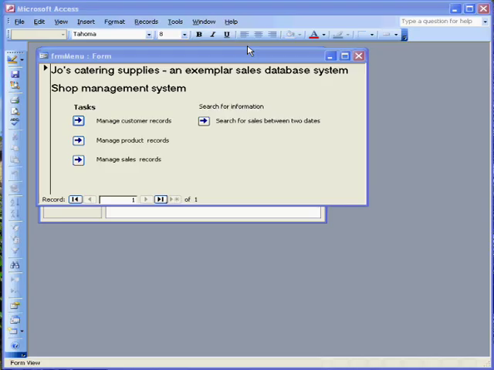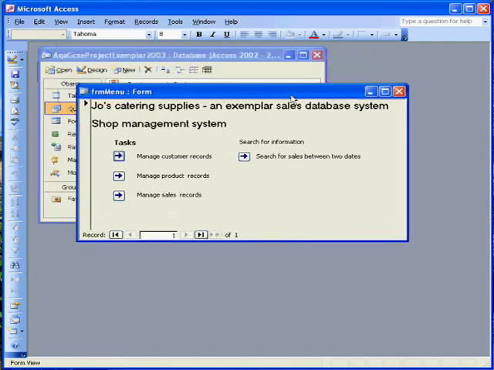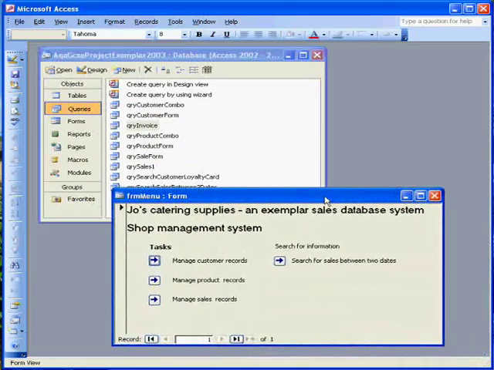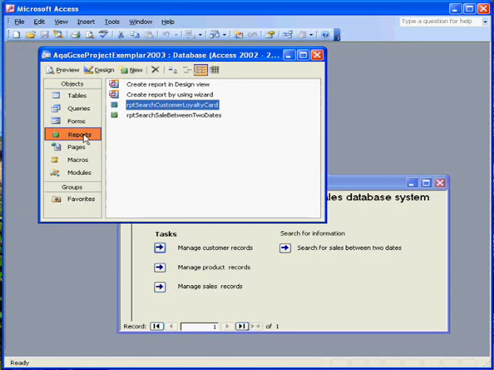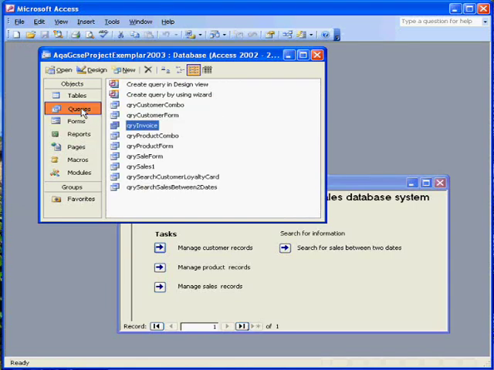I'm going to show you how to produce an invoice for a sales transaction. In this video, I'm going to show you how to produce the query for the invoice. The invoice itself will be produced as a report. Now the query,